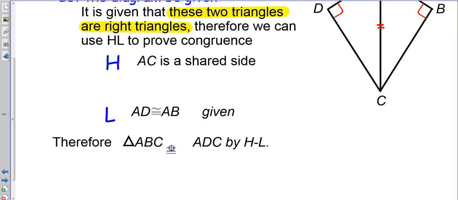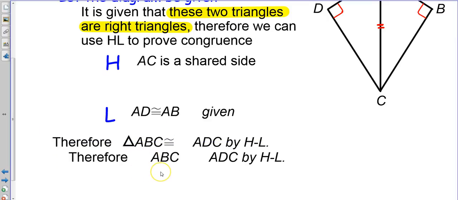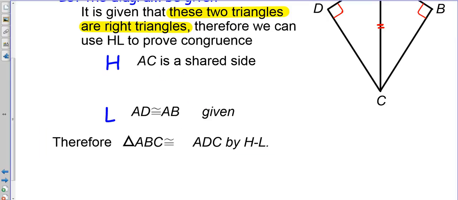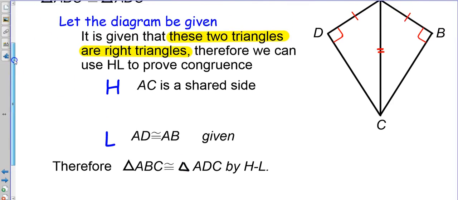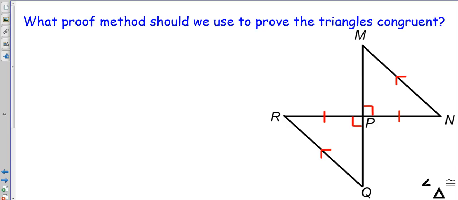Triangle ABC is congruent to triangle ADC. Maybe I'll just draw it in. All right, so there's the full HL proof. Just note the little things that we have to make sure that we include in this proof in order to do it correctly. All right, so the next thing that we want to take a look at is essentially I want to drive home the fact that